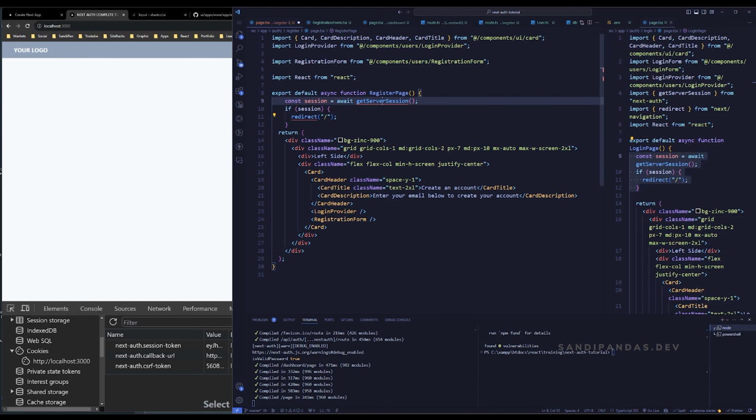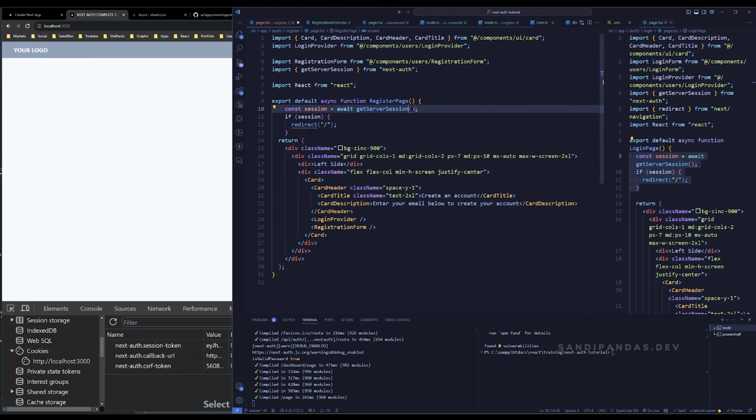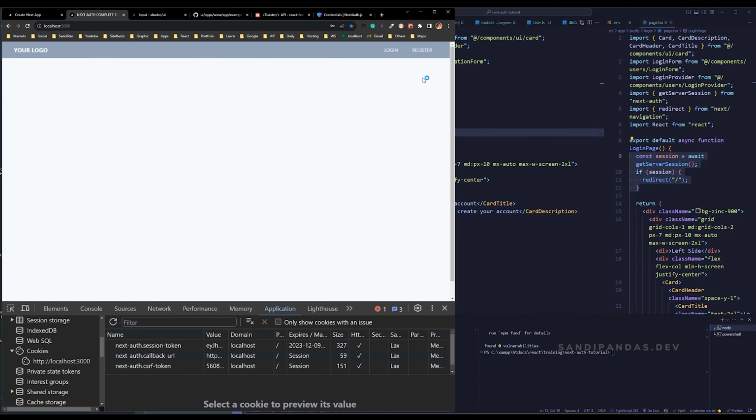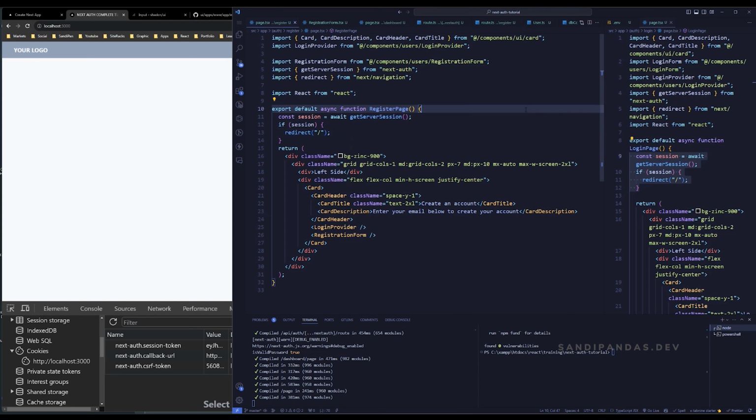Okay, and import getServerSession. Also import redirect from next/navigation. Okay, now you can see you cannot go to the register page, you cannot go to the login page. It automatically redirects to the home page. Okay, so our